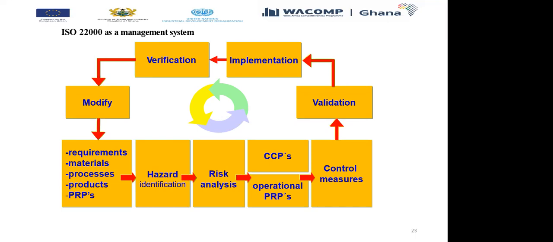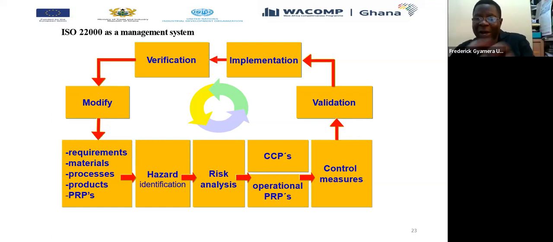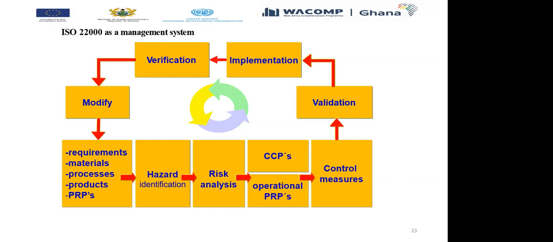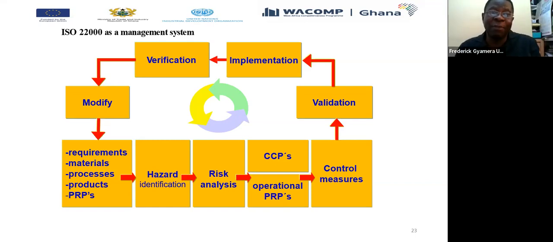So you put in place control measures. You validate whether that control measure is adequate, and that is the validation. Then you implement it. You verify that,